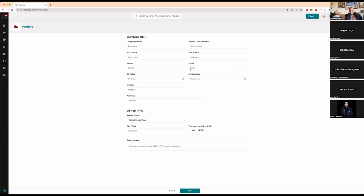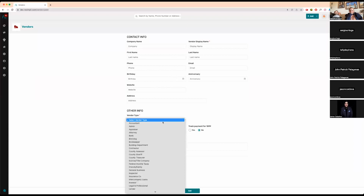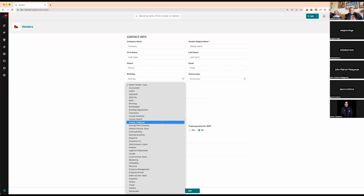You can put phone numbers, emails, birthdays, anniversary, their website, their address, and then what vendor type they are. So you can add all these vendor types in your system. If there's anything missing, let us know. We'll make sure we get that added. But these are all the vendors that you can add. So you can basically manage your entire database, entire list of contacts that you have, leads, buyers, and your vendors